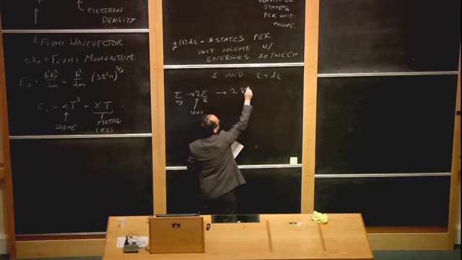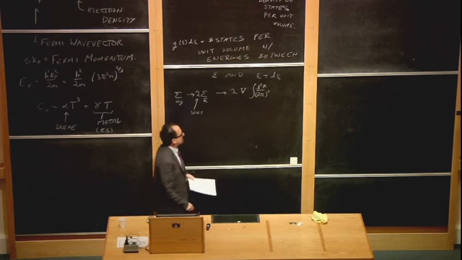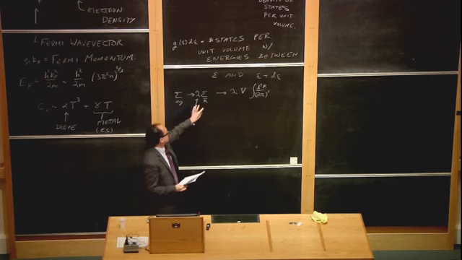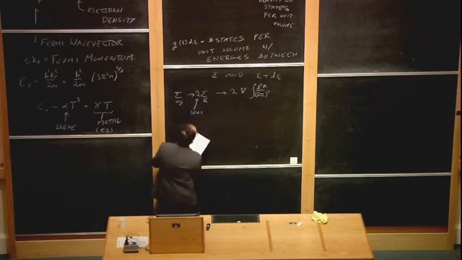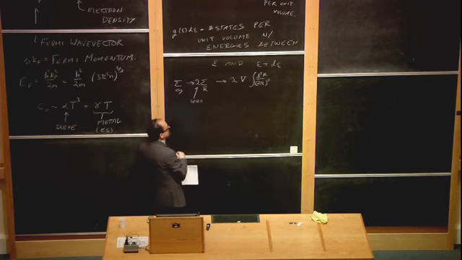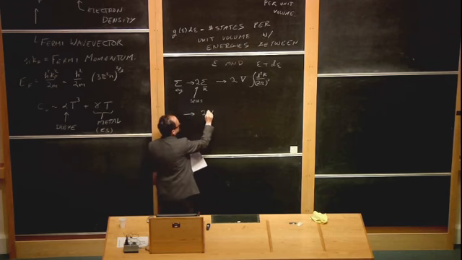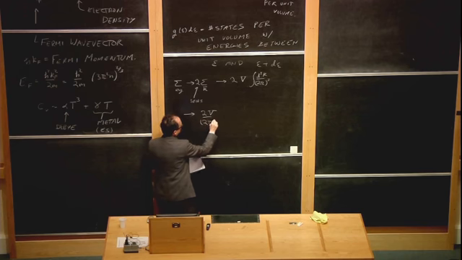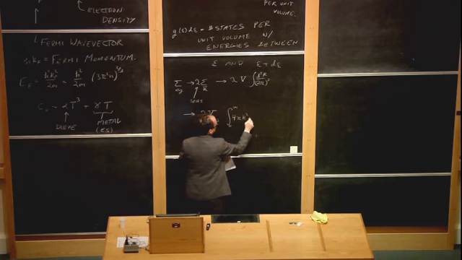We're going to replace the sum over k with an integral d3k over 2 pi cubed. This is the way sums get converted into integrals, and we'll make that replacement many times this year. A sum over k becomes a volume times the integral d3k over 2 pi cubed. And then, since we're thinking about an isotropic system, we can convert the integral over 3 Cartesian directions into spherical polar coordinates. So we have 2V over 2 pi cubed, and then an integral 0 to infinity 4 pi k squared dk,